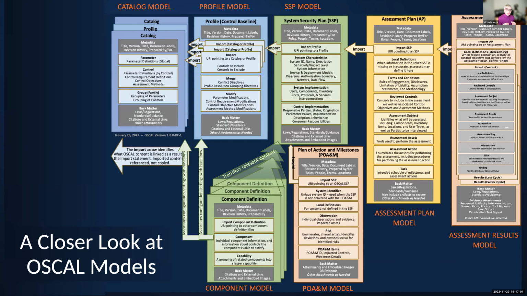And that unique identifier allows me to trace that information in the entire stack and be able to address it, be able to modify it, to tailor it into a profile, to be able to point to that and demonstrate in component definition how I'm going to implement that control in this component, how that control is satisfied, or in the system security plan, how the control is satisfied, or how am I going to assess it. So this is absolutely crucial for what Brandt is going to show to you later in this presentation.